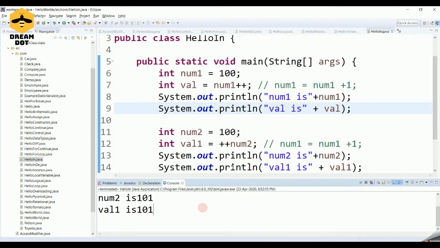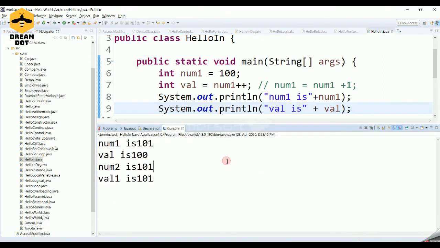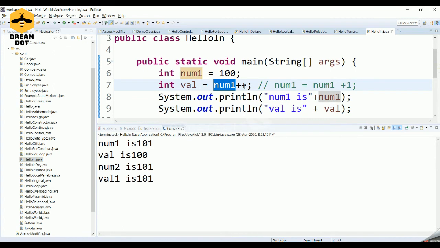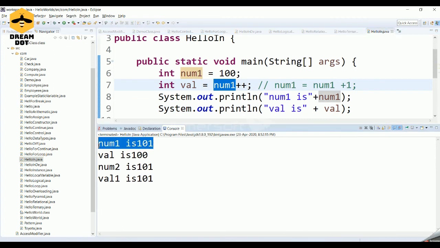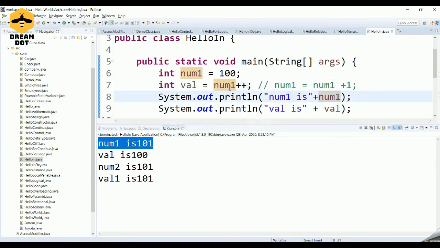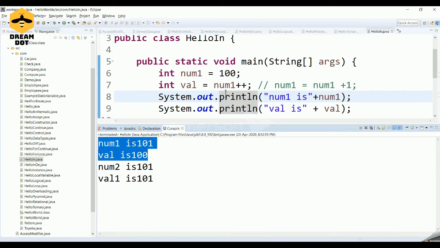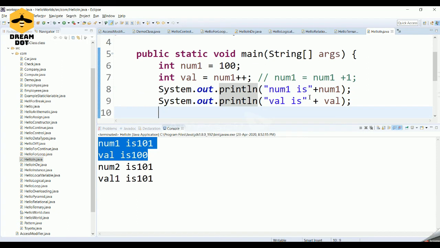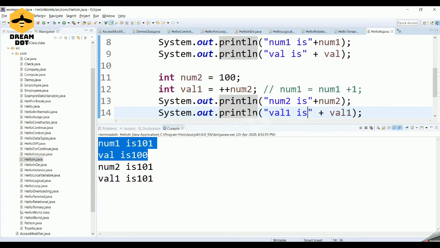So first, now we have executed num1++. So num1 has become 101. First it will assign num1 to val. So val will become 100, but num1 will become 101. But in the second scenario, first it will increment and then only the value will be assigned to val1.